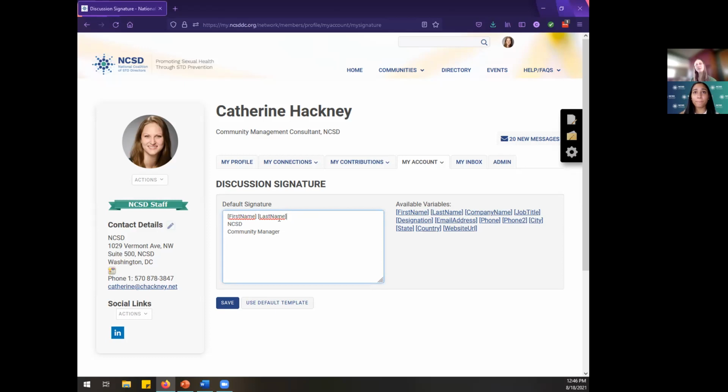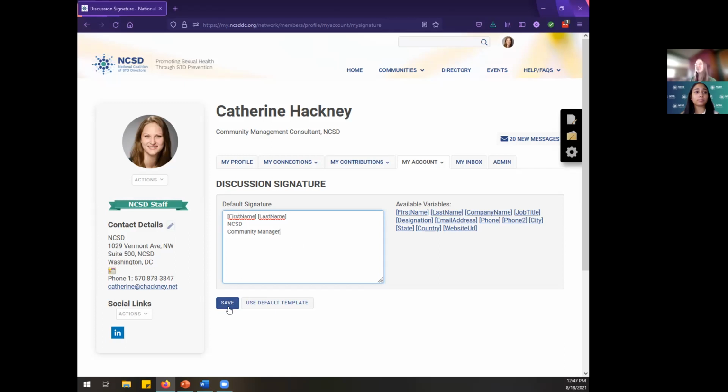And I can just leave the variables in. I don't need to fill out like my last name within the brackets. It's just automatically going to do that for me because I use the variables over here. But if I want to override something that is in the database or use acronyms or even add more information into my signature that's not necessarily part of these variables, you're also welcome to type in anything within this field.